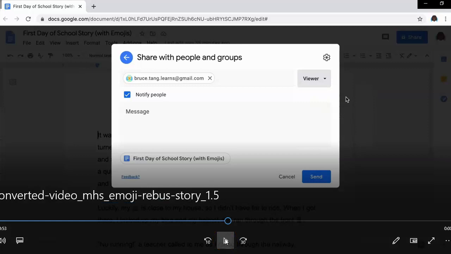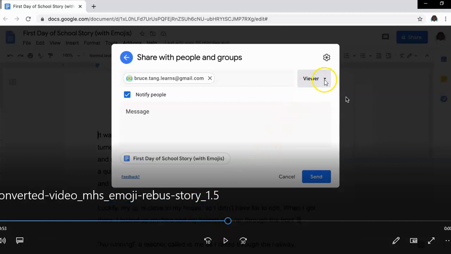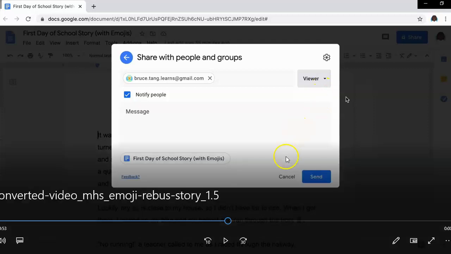So I'm going to ask you to go to exactly the same place here and click on it and put in commenter, which will allow you to put a little sticky note on each other's stories, so that if you want to accept the comment, you can and put it into your story. And if you just think it's an idea, but it isn't something that you want to use, it wouldn't have changed your original story. This is the only difference in this direction. Okay, thanks.